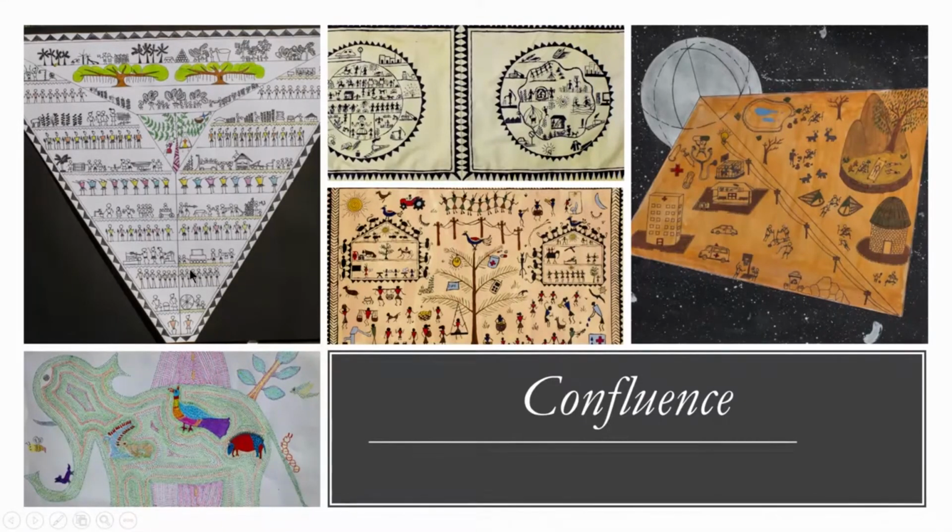Here, this is Saura style. This is another Saura style painting showing the same thing, that how science and technology, using things like electricity, communication, education, have actually enhanced the life of common people, and also has been able to aid the environment. Here is another style where buildings and all comforts of life are shown, and this is a style of the Kerala region. So here also they are showing how science and technology has actually brought comfort to people's life, and has also been helpful towards the environment.